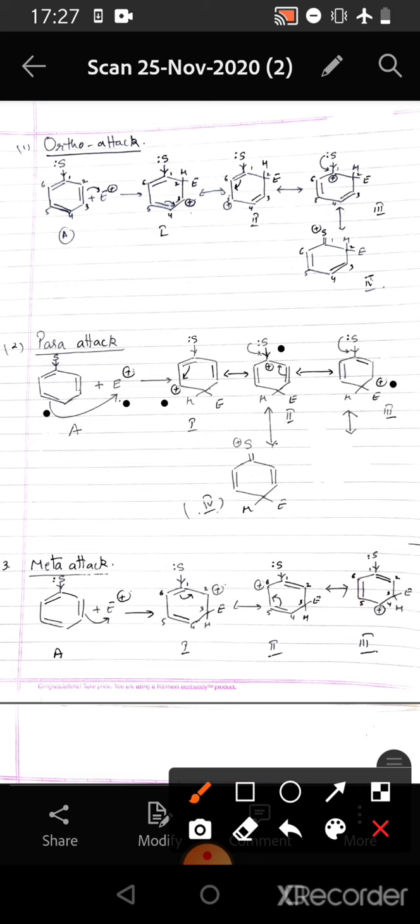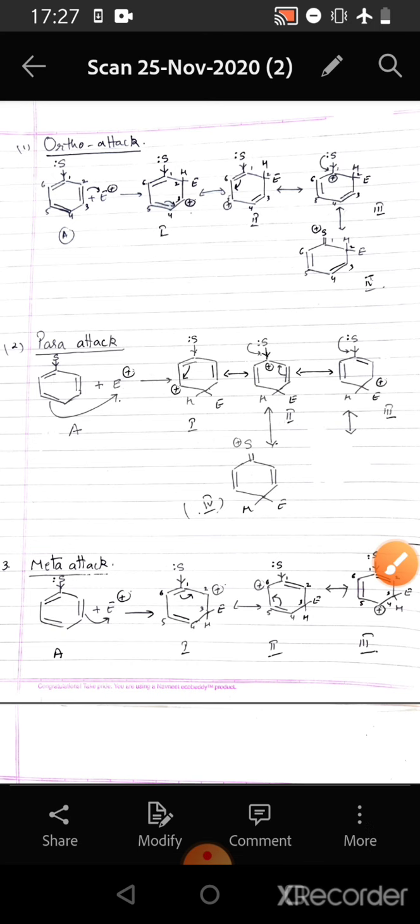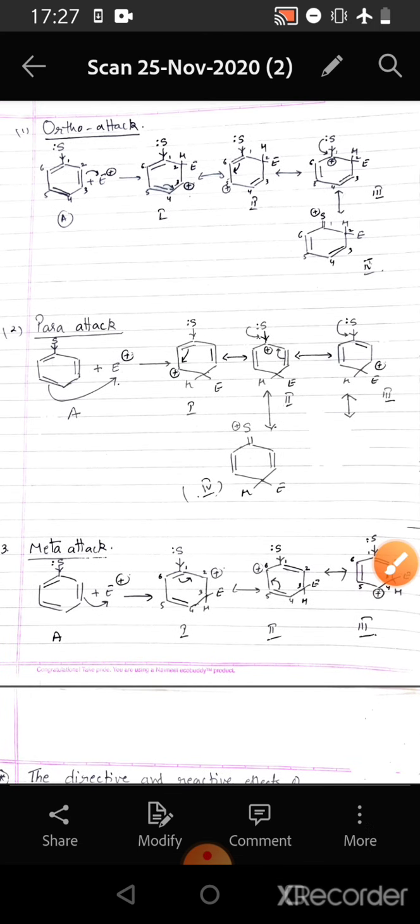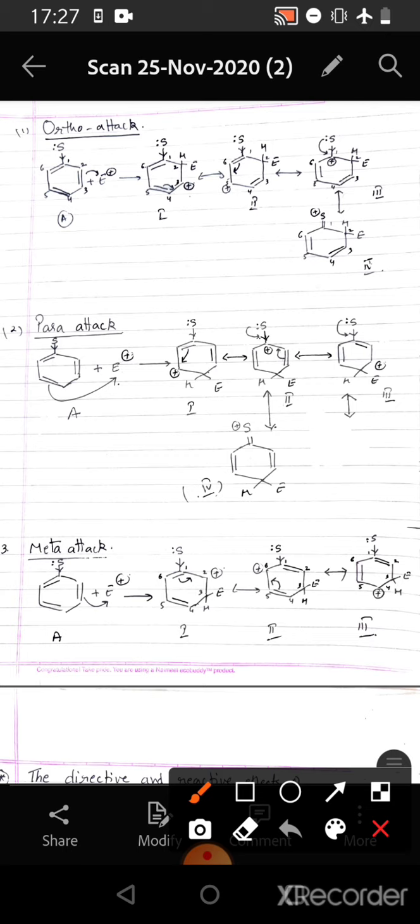The lone pair of electrons shifts between the substituent and the carbon of the benzene ring and forms a double bond between the substituent and the carbon atom of the benzene ring. Thus the 4th isomer is formed. Now if we see the meta attack,